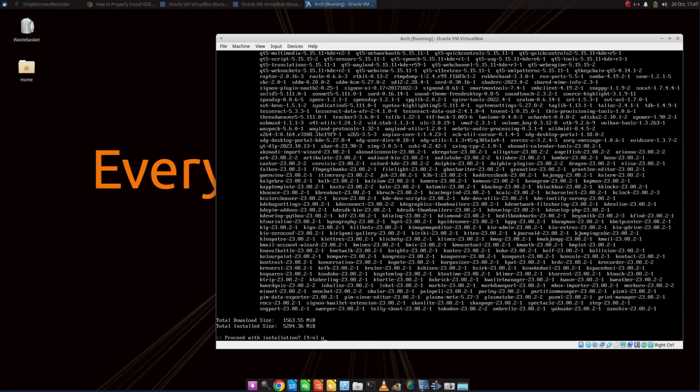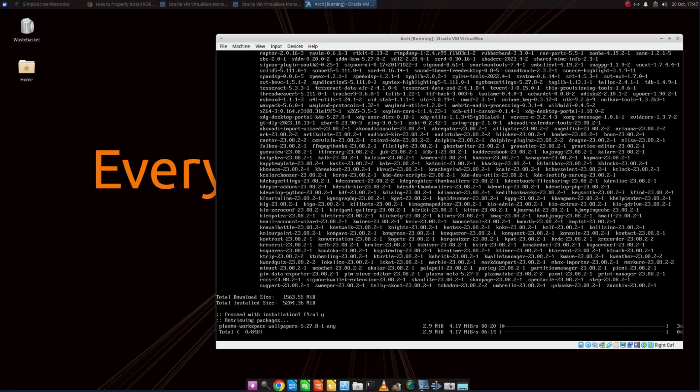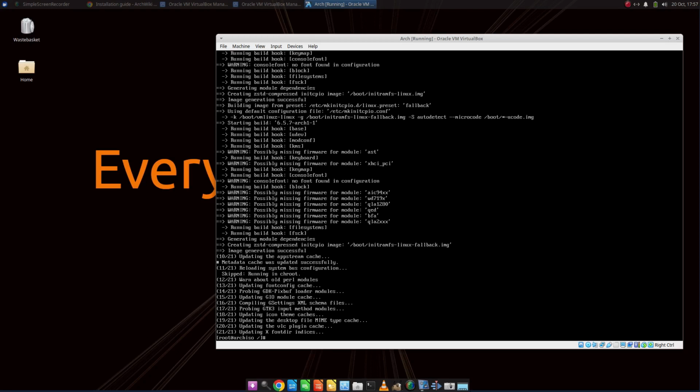And now it's going to download 1.5 gigabytes of files. I'm going to say yes and let it go. Okay, so that's all installed. Now we've only got two things we need to do. systemctl enable sddm